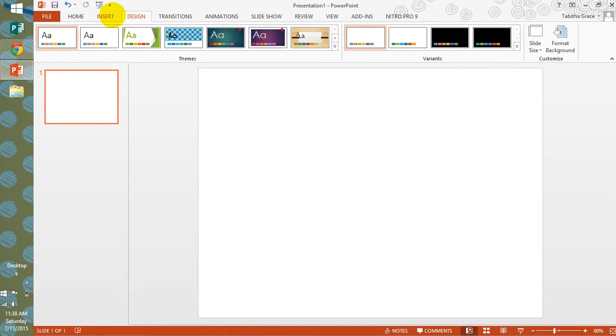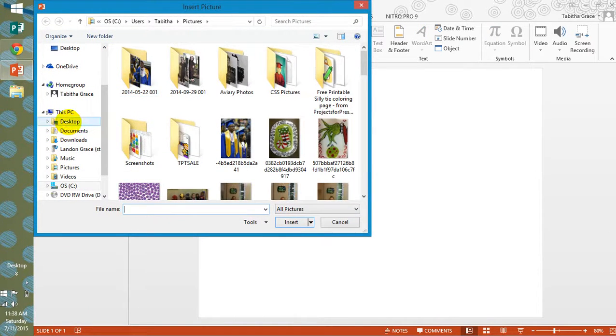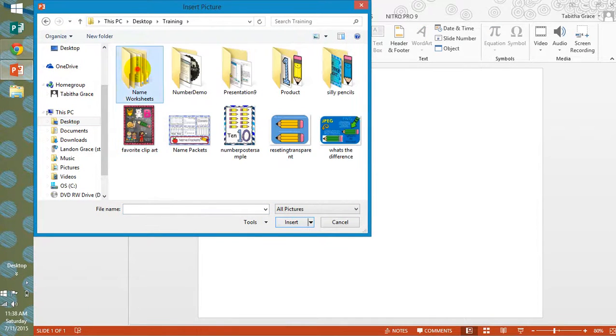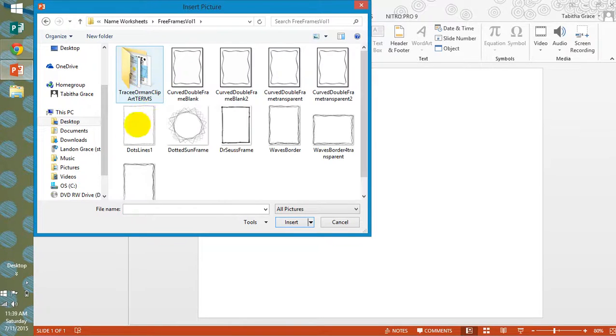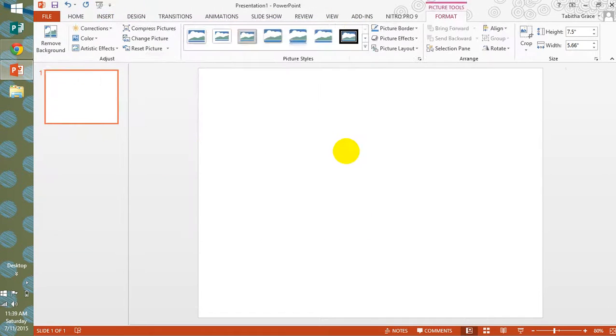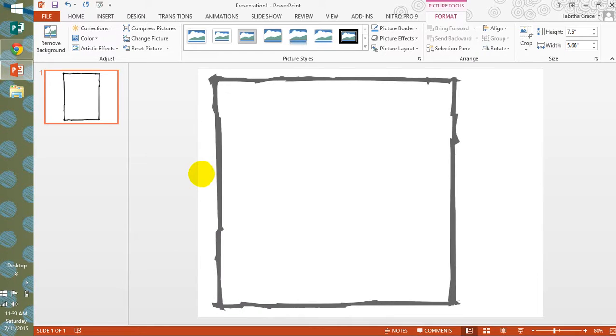The first thing you're going to do is insert a frame. You don't have to put a frame around your worksheets. I just think it adds a little cuteness to it. So I'm going to go to Insert Pictures. The frames that I posted last night, this is the same frame. I'm going to choose the Dr. Seuss frame. See, it just puts it in the middle of the page, but we want to make it